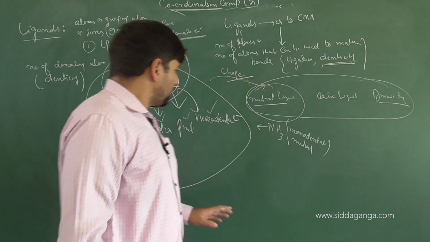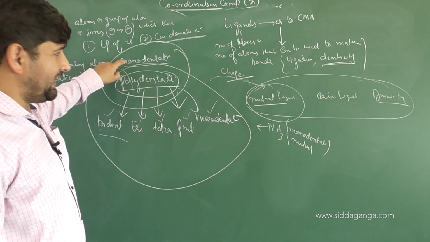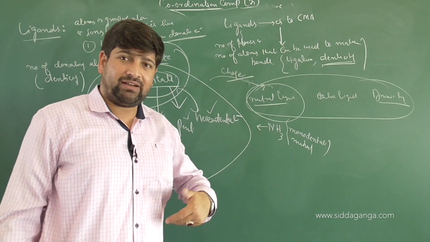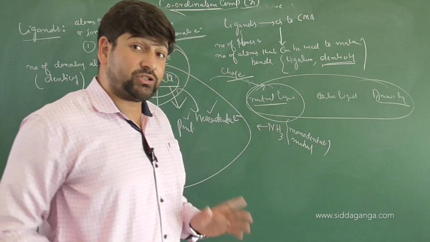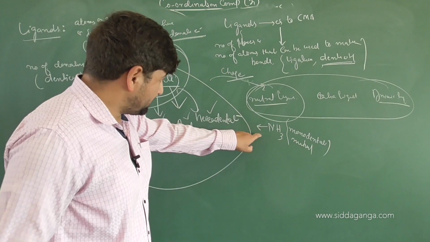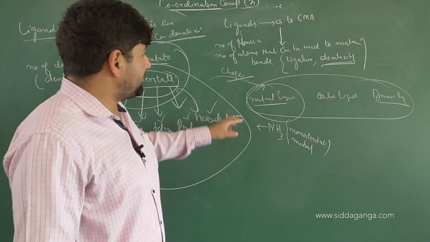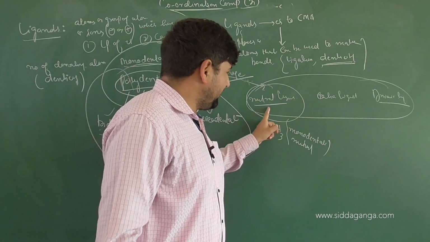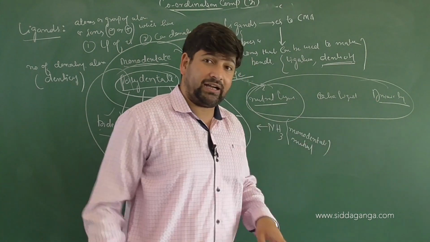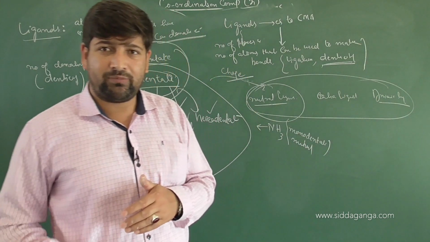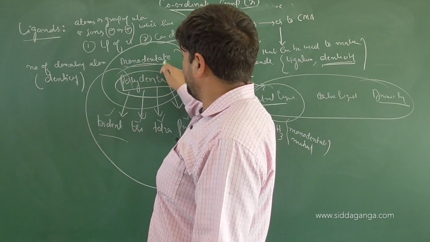Then we can generally say we have classification in terms of monodentate and polydentate. Then within these ligands you can have cationic ligands, anionic ligands, and neutral ligands as well. So some of the examples of neutral ligands which are monodentate, I am talking about neutral ligands, but here because the donating atom is only one, it's a monodentate ligand. So it is on the basis of charge, cationic, anionic, and neutral ligands. But when you have neutral, cationic, and anionic ligands, broadly it can be monodentate or polydentate. So generally classification of ligands is done on the basis of denticity, that is monodentate and polydentate.